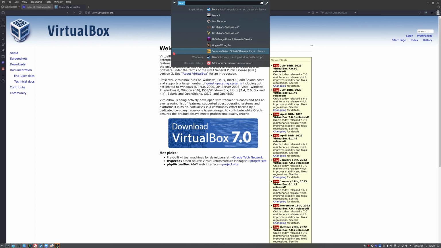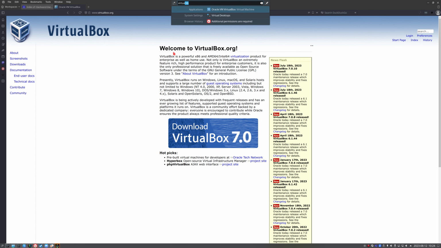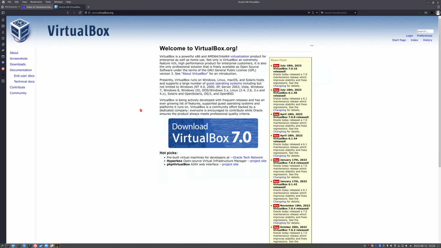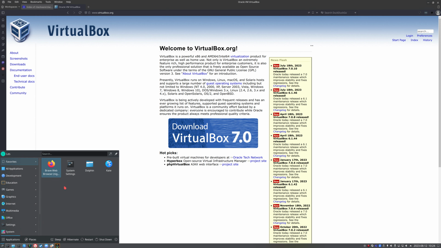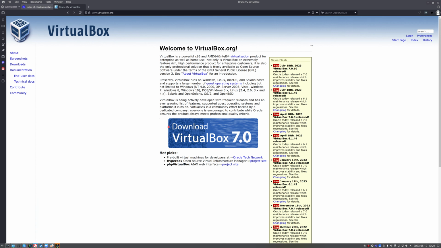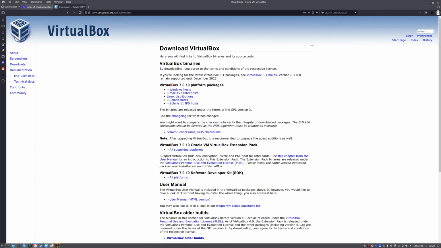So let me see if VirtualBox will load. I might have to reinstall since I've updated my kernel a couple of times since. Yep. I have to figure out what's going on with my installation, but I'm going to download version 7